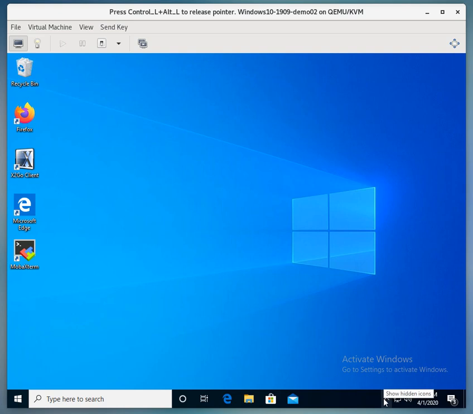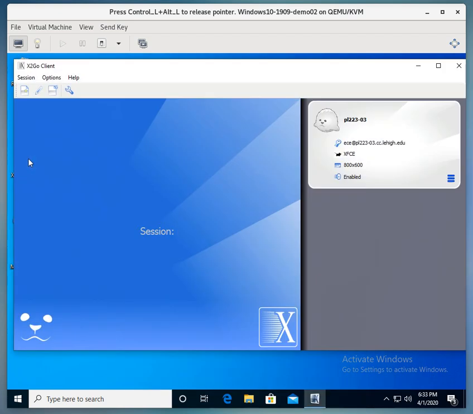Again, notice that I am running VPN because I'm running this from off campus. I'm running this for demonstration purposes, on a DSL line that is 6 down and 1 up, so it is a slow DSL line. So what I'm going to do to start is click the x2go client icon right here,